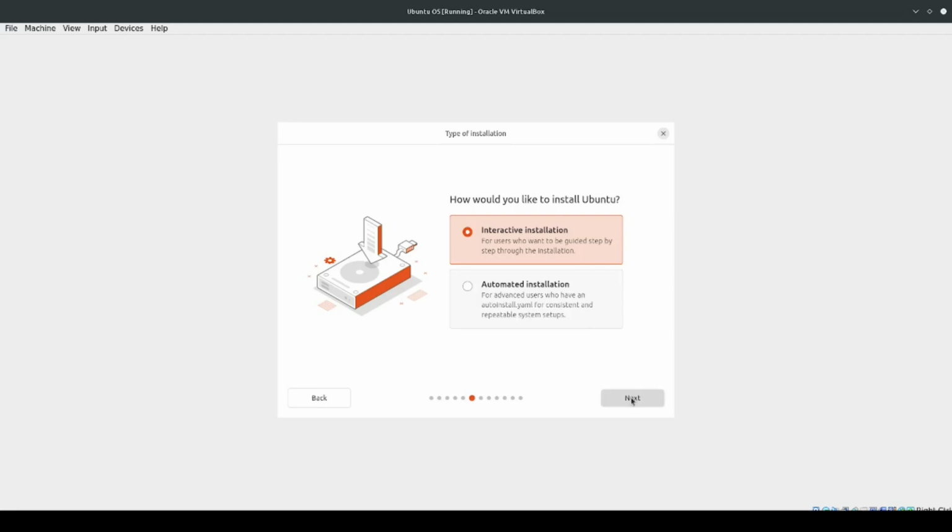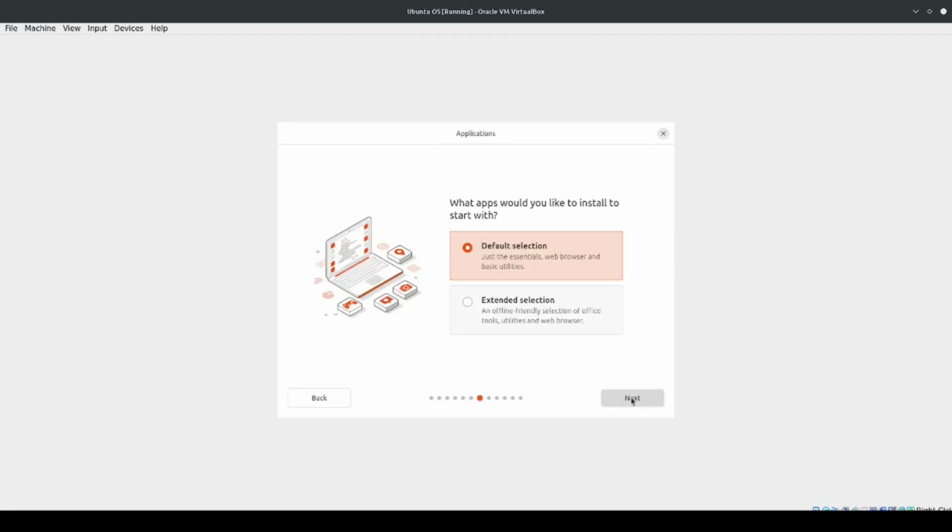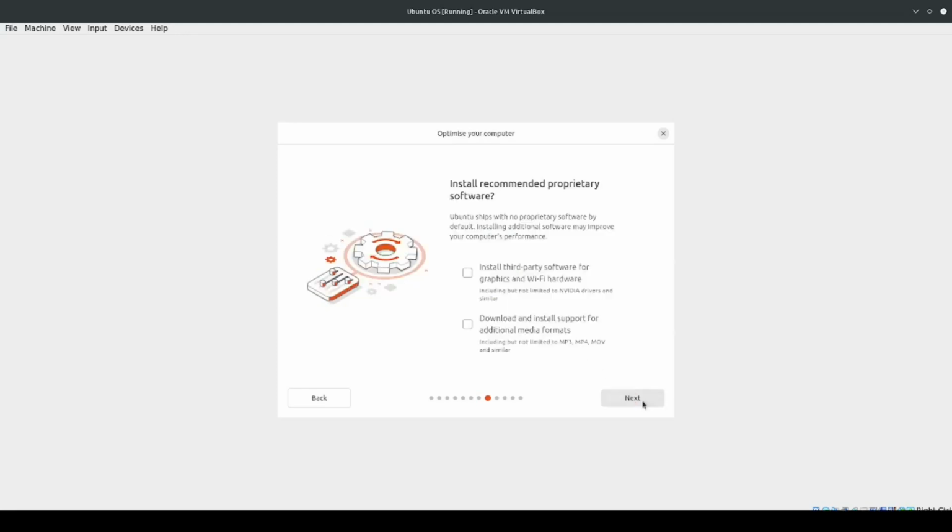So just click on the next button, and we will use the extended selection just to get the office tools like LibreOffice and other tools. So I will click on the next button. Currently,